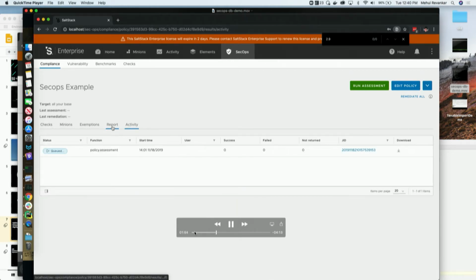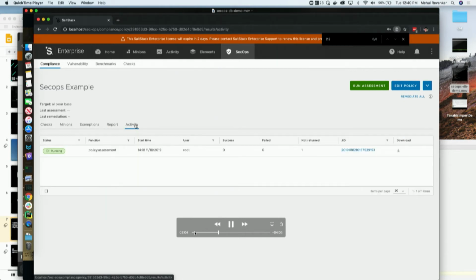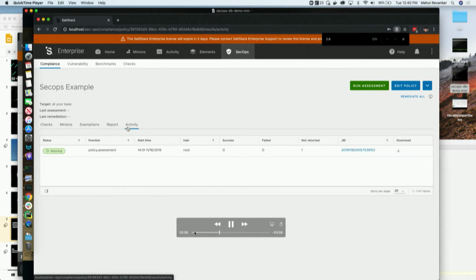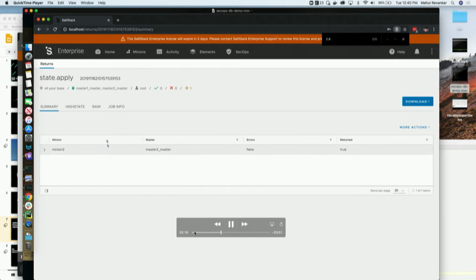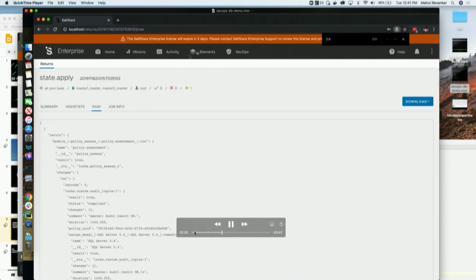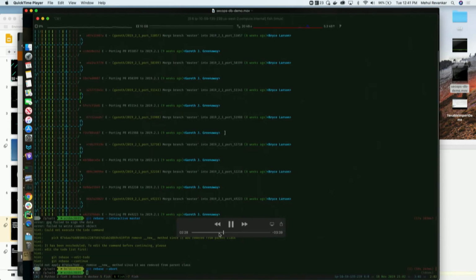So it's queued and it should complete in a minute. And this is the beauty of Salt. The way it is designed is super flexible for us to go in, build the content, and add a UI to it. It took a lot of engineering effort, but with the right ideas, we could build this on top of Salt Open. Okay, great. So we ran the assessment and the remediations as well, and everything is now fixed.